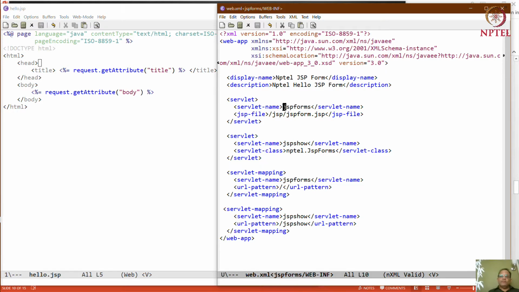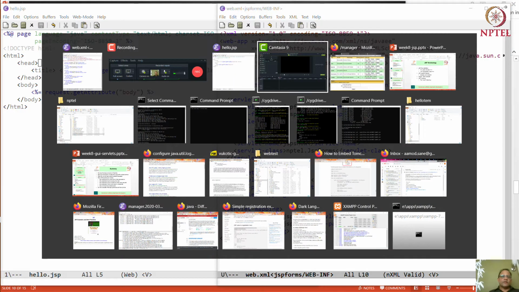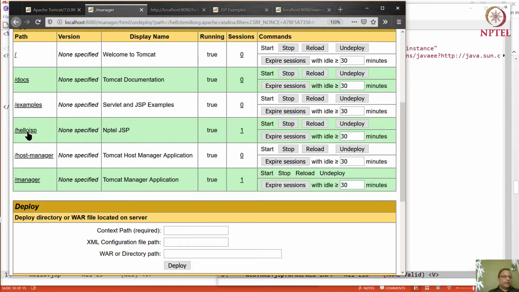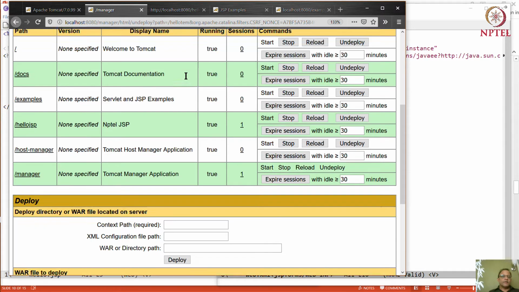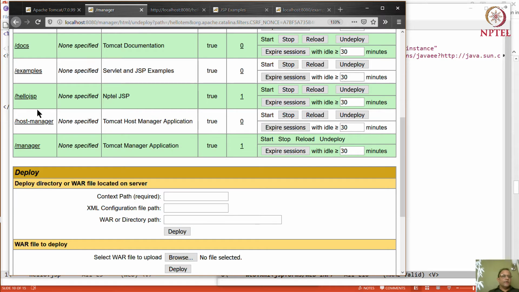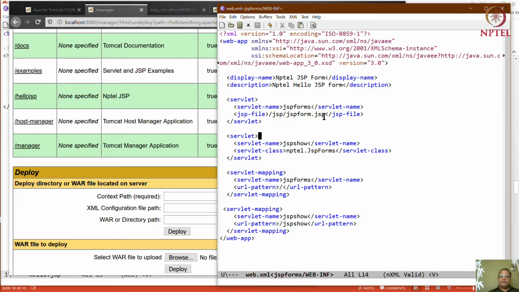Our first step, the very first thing, is JSP forms itself. So when we load JSP forms as a var, the context path that is taken here is actually JSP forms itself.